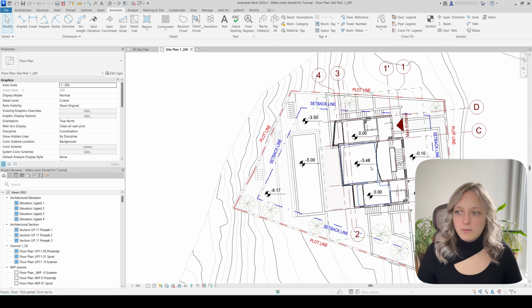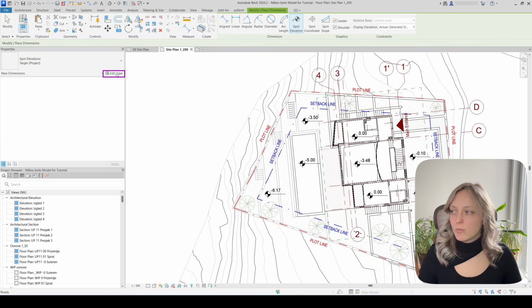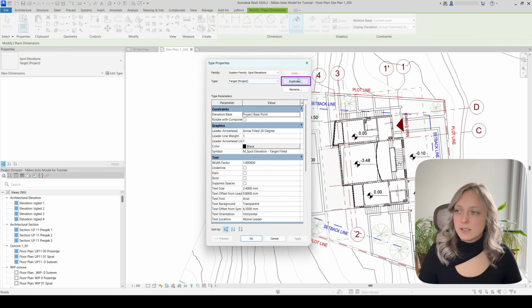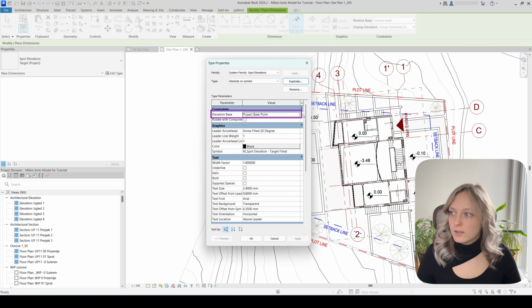And now I have this project base spot elevations, and these are actually relative to the project, but we also need the survey point elevation. So I also use the spot elevation tool, and I'm going to duplicate this existing elevation. I'm going to call it absolute no symbol. And here in the elevation base, instead of project base, I will choose the survey point,